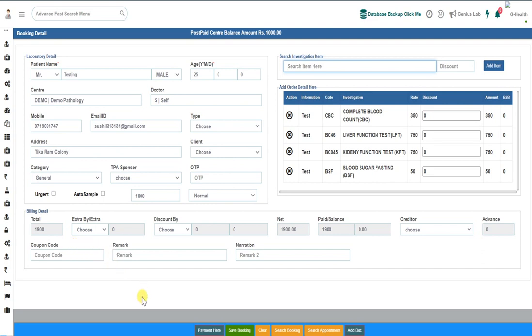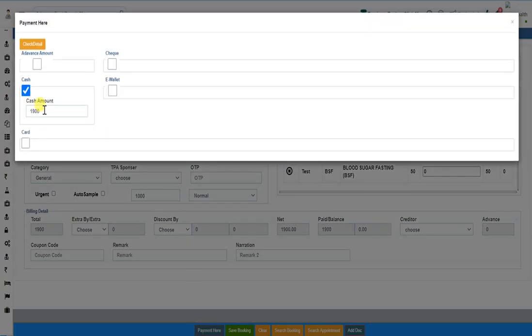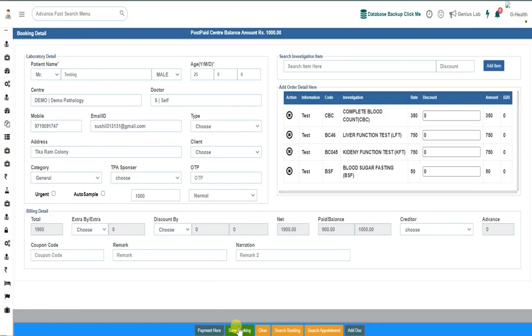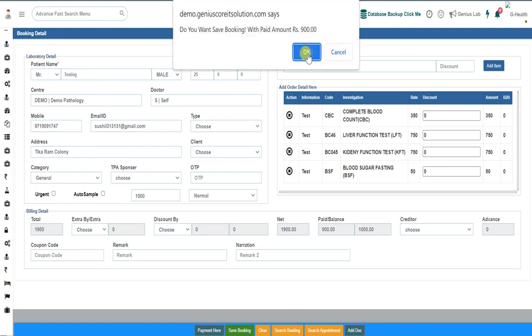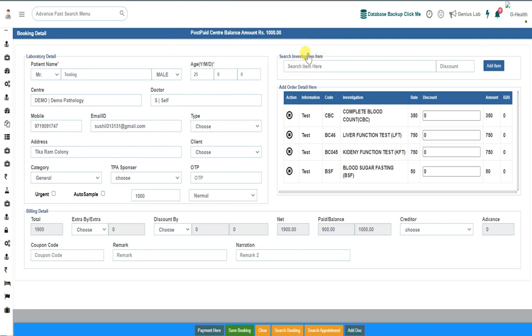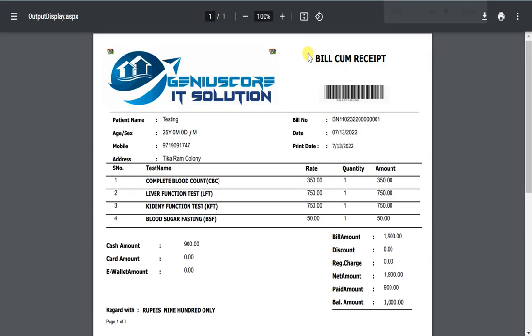If you want to change the payment amount given by the patient, you simply click the payment option here. If the amount is less, approximately 900, then click detail, the save button, and it will show that the booking will be saved. You click OK, then the booking will be saved and the print will come out like this.